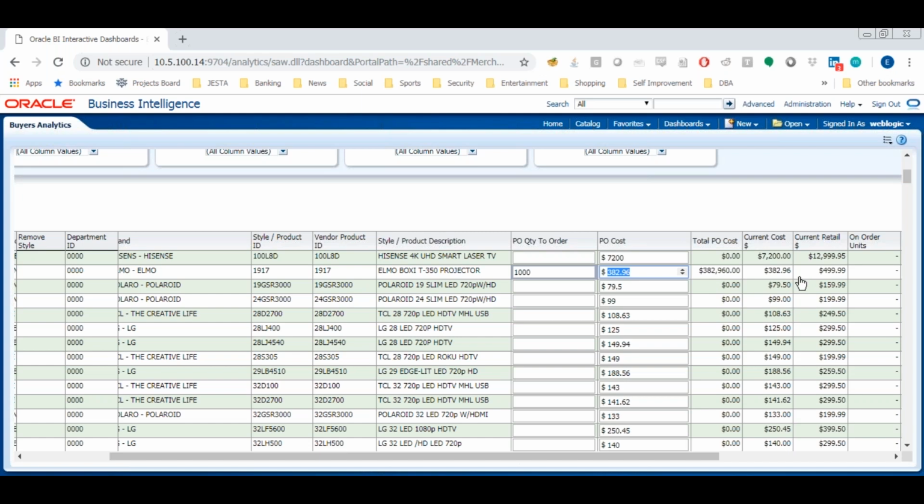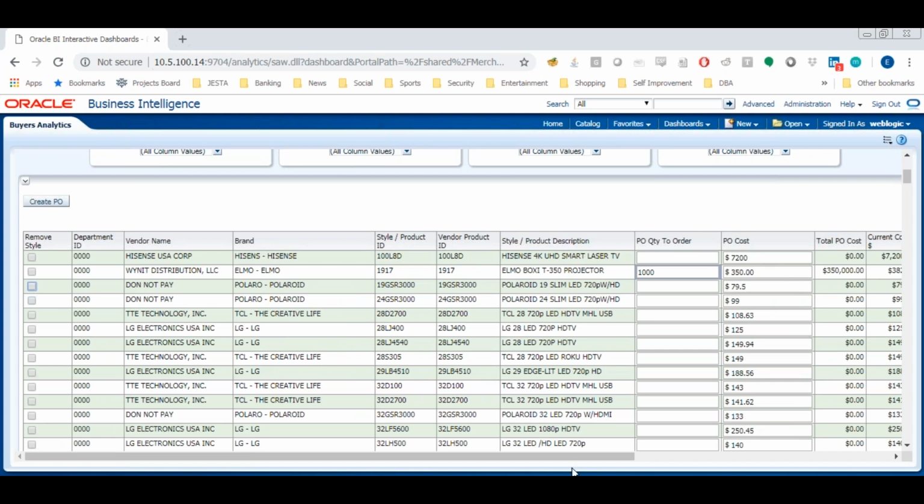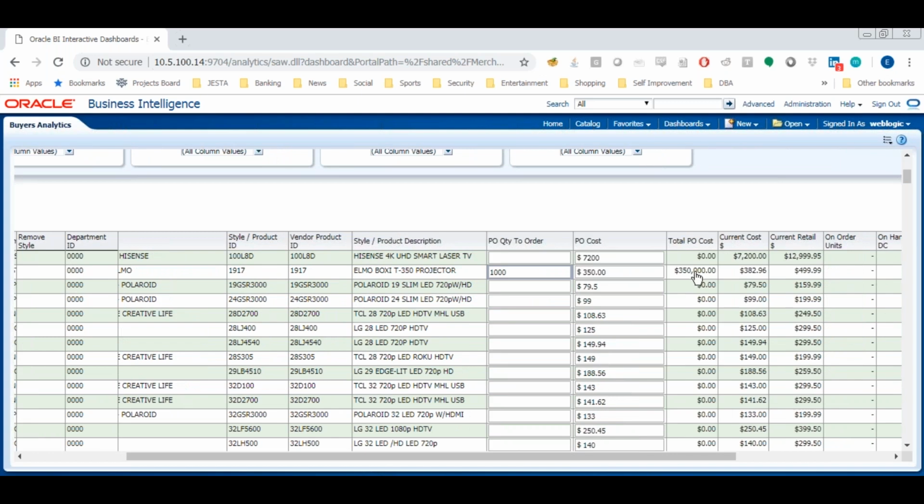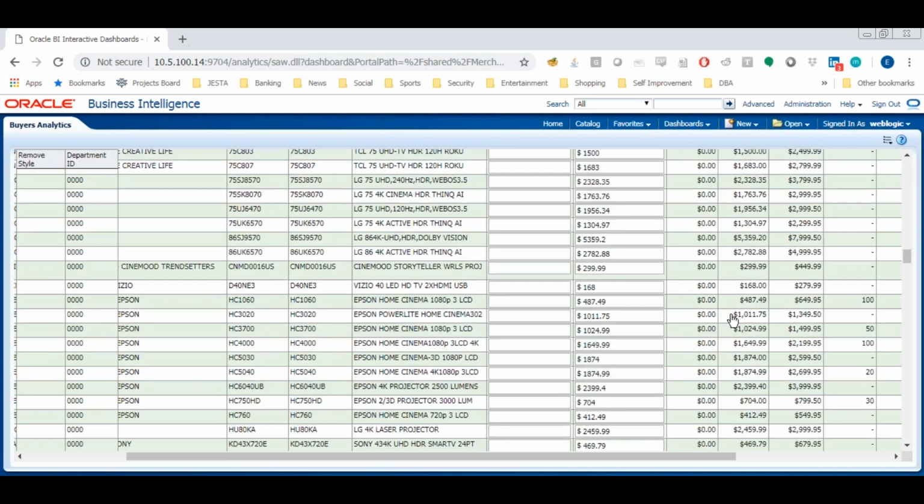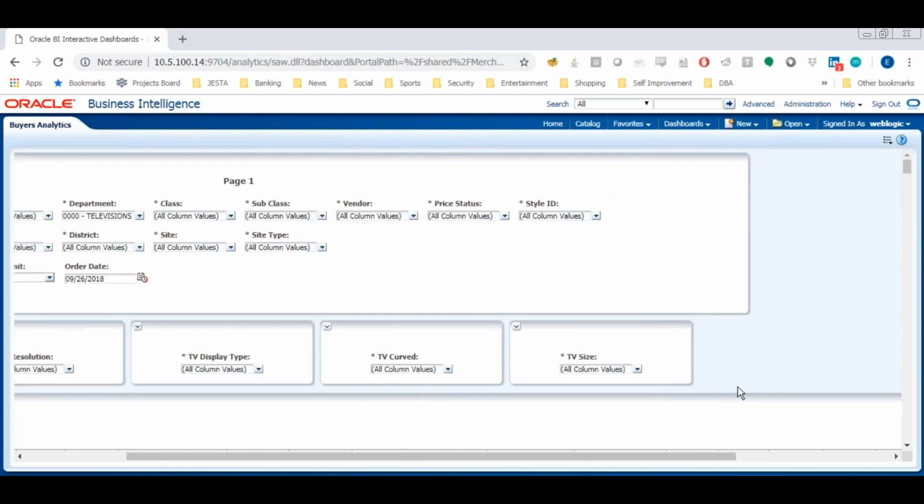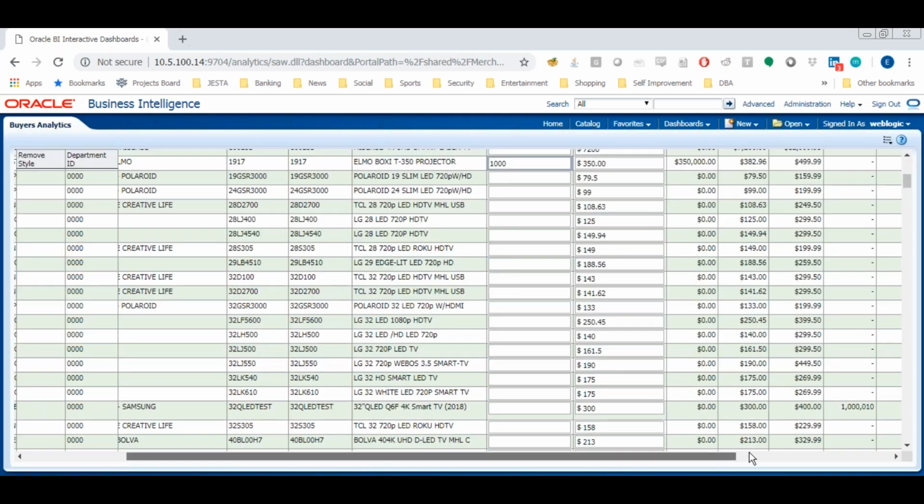So if I wanted to stock up on 1,000 of these TVs that I'm seeing over here, this projector, I can go ahead and do that. And I'm going to see immediately the total cost, the current cost, and the current retail. So I have a complete understanding of my buy. If I have a price override exception, I can go ahead, update that, and then we'll see exactly how everything matches together. We see the current cost, our new cost, how much the total purchase order is along with the current retail. And you can go ahead and do this for as many or as few products as you want